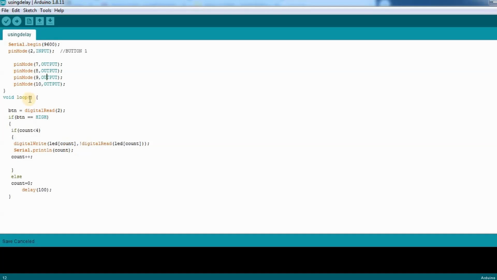Then I simply read the input pin, the button pin, and if the button is pressed or high, I count up until it reaches 3, and then reset it back to 0. And then I have put this delay in order to reduce the number of bounces.